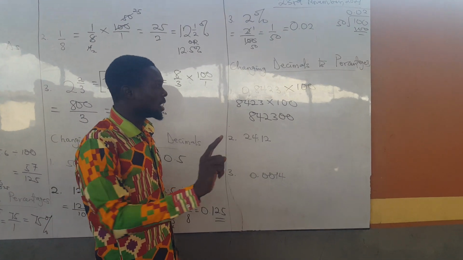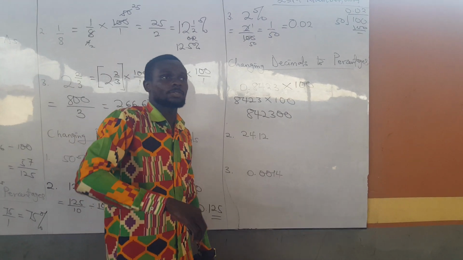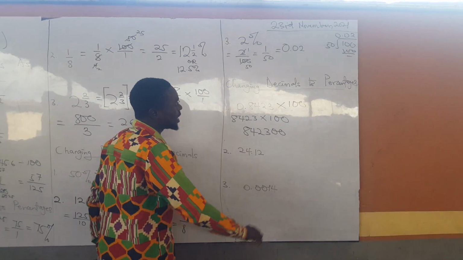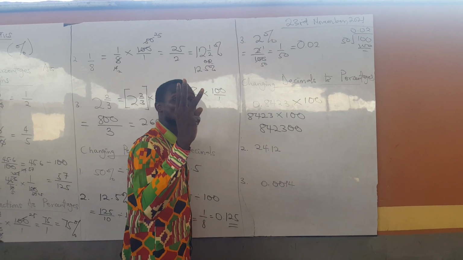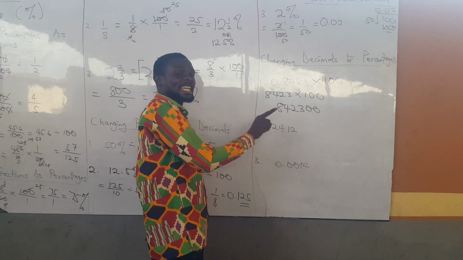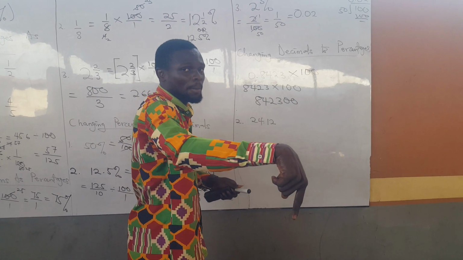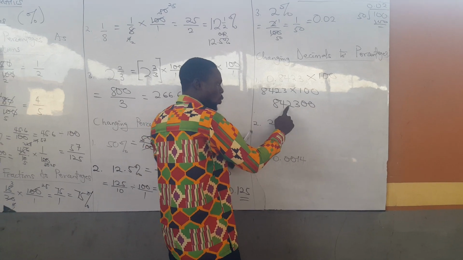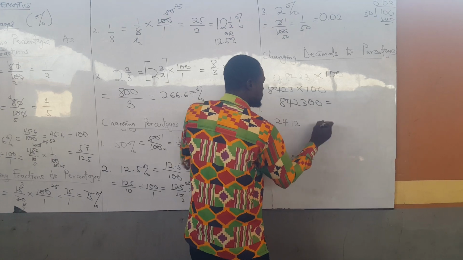But remember, when you were multiplying, you took off the decimal point. So ask yourself, how many numbers are after the decimal point? Let's count. We have 4 numbers after the decimal point. So this also being your final answer, make sure that you have 4 numbers after a decimal point. So starting from this side, 1, 2, 3, 4. So all these numbers should come after the decimal point,